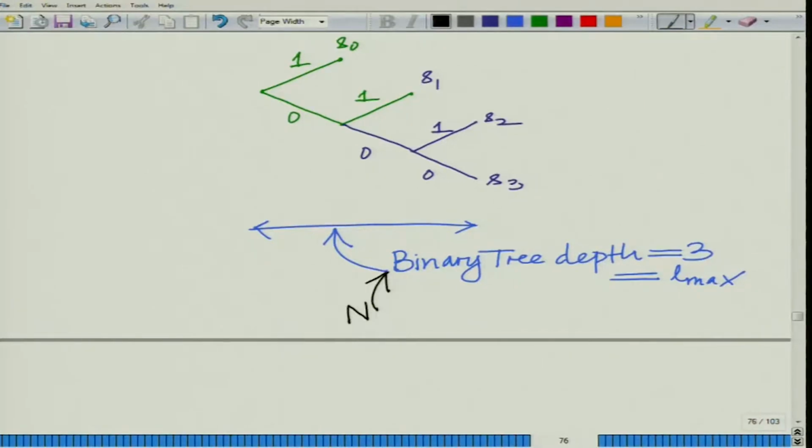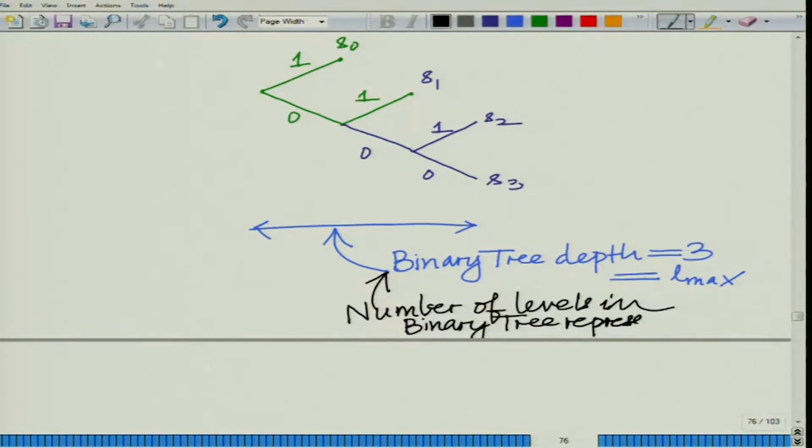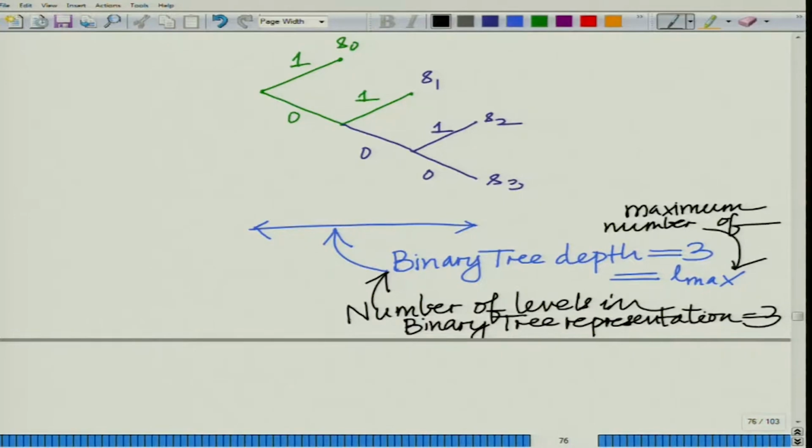The number of levels in binary tree representation equals 3. This is L max. L max is equal to the maximum number of bits in a